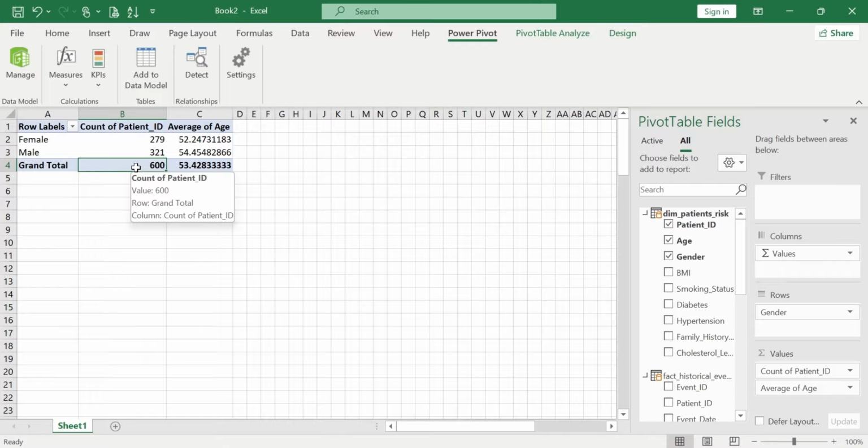We have as well obtained the average age based on the gender. We have the average age for the females, the average age for the males, and then finally the average age of the total patients. And we also have the grand total, which is the total count of the patients. So that's all. This is what we call the total